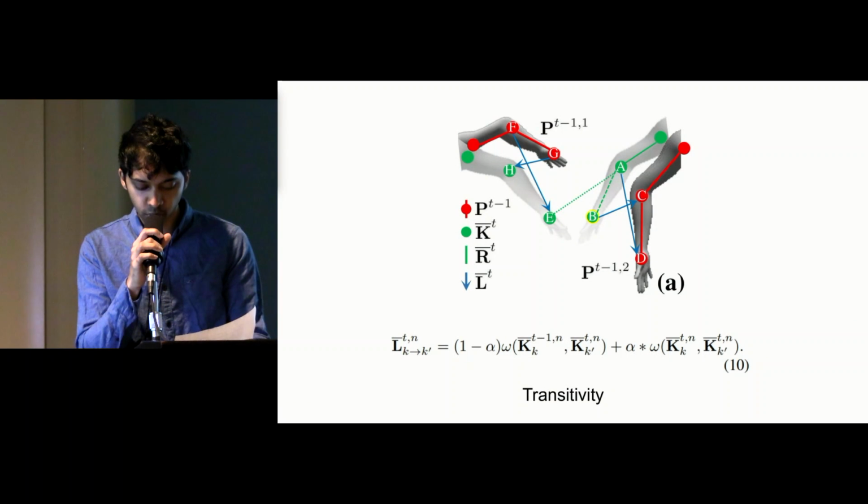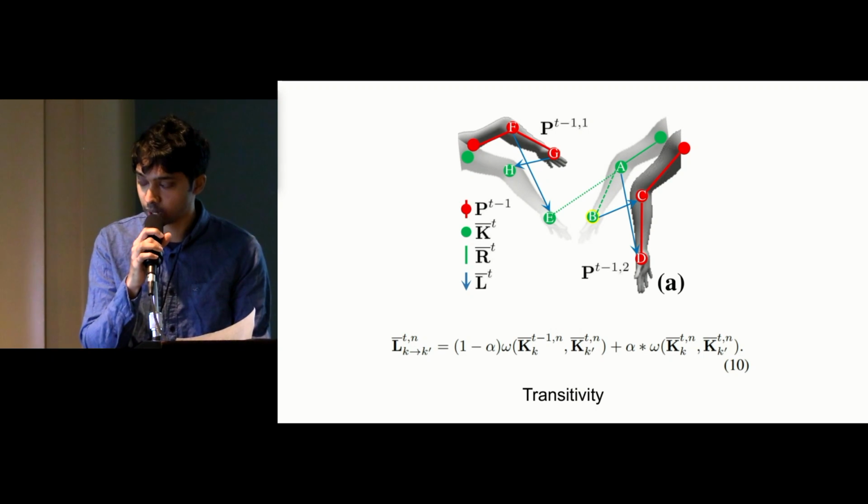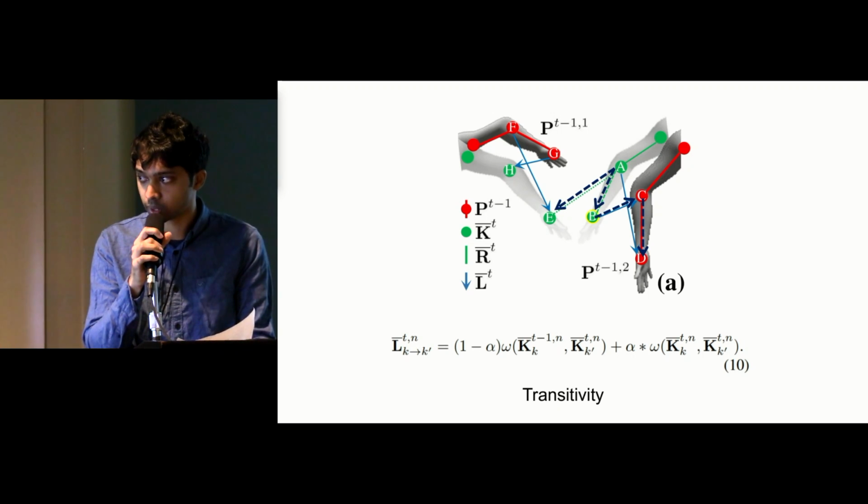To solve the spatio-temporal graph for a new frame and extract pose IDs, we use the transitivity term, where omega represents a dot product between the key points and the PAF field. So here's an example. Let's say we're building a person, and we're not sure if A is connected to the wrist E or B. We can sort the temporal affinity field and select the one with the highest score, and test B to C. We know that C to D is an existing tracklet, and we know that D must connect back to A. Now we can sample this PAF field.